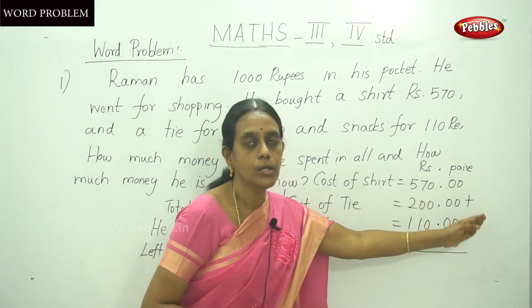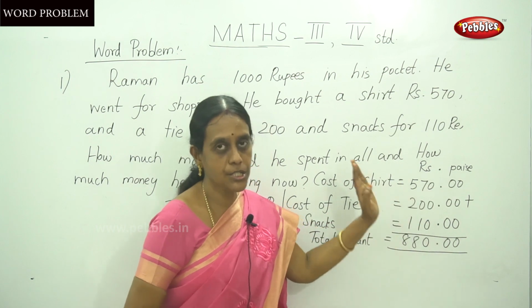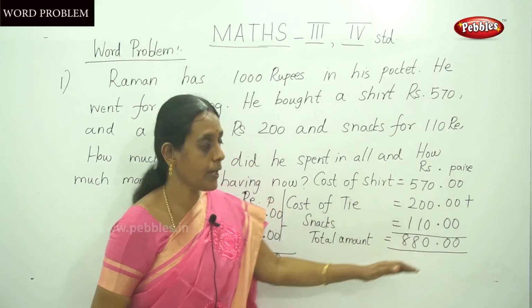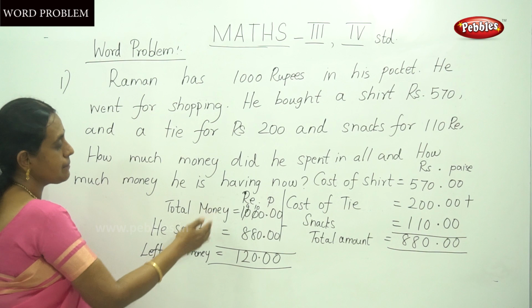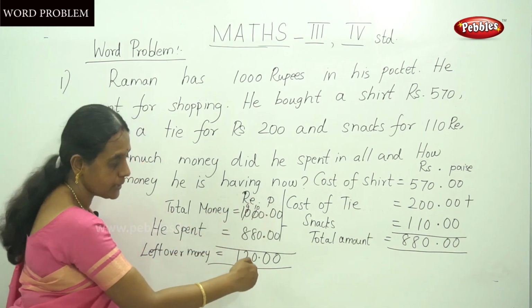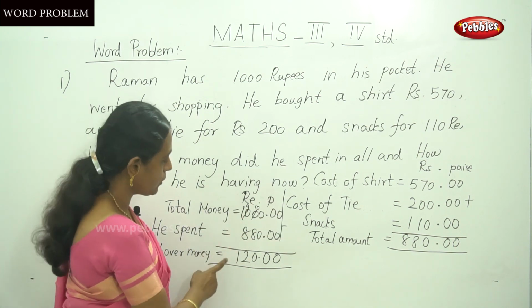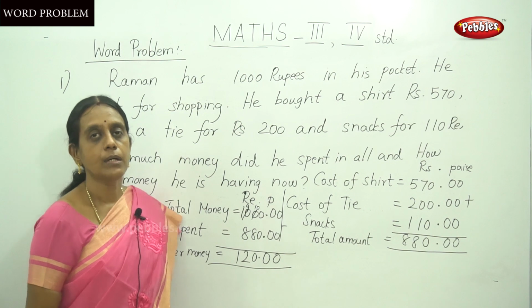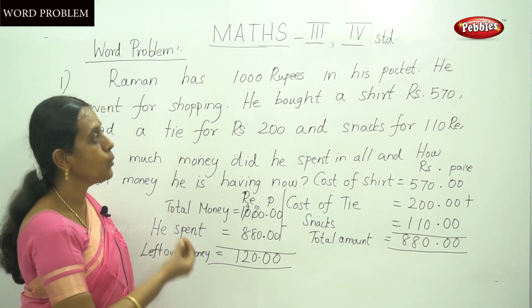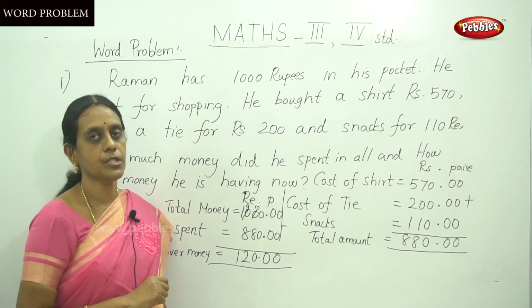You should put it in the paise column in the paise format only. Then make it a 3-digit addition, and make the subtraction also in proper order and rupees paise column format, as a normal subtraction sum. You have to do this and find the answer. Do you understand? Next we move on to the word problems of multiplication and division.